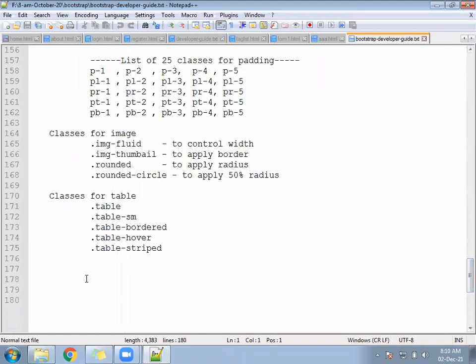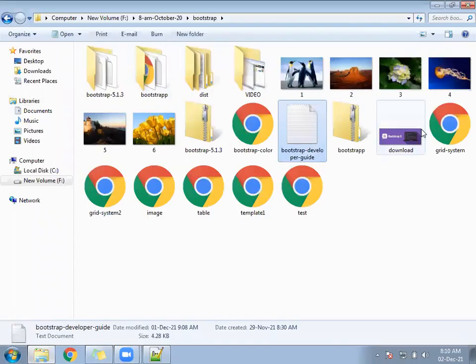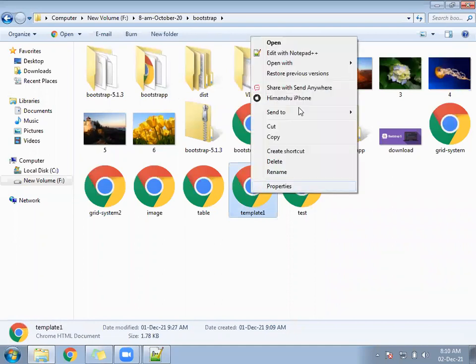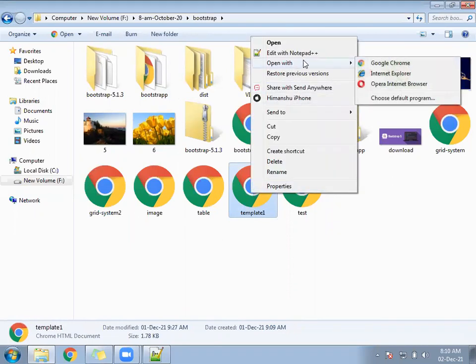Okay, so till table we have seen, and we have created one template also, basic template.